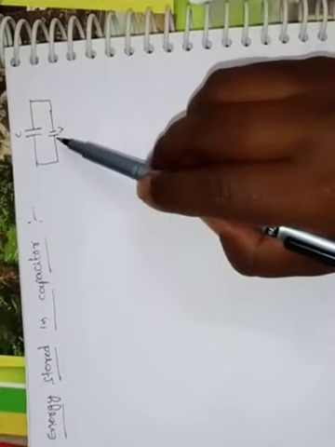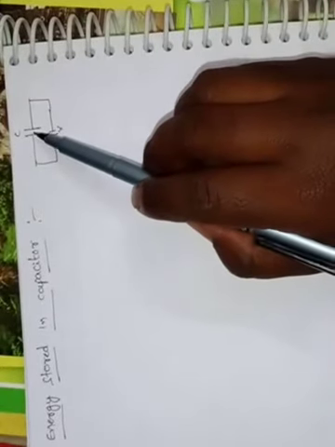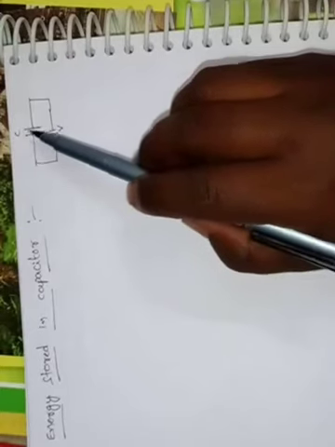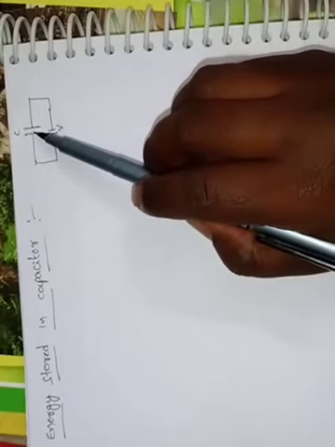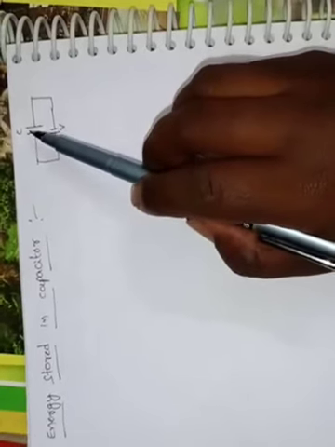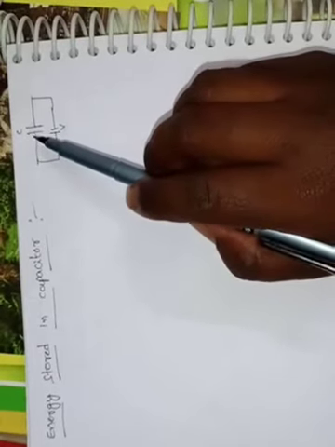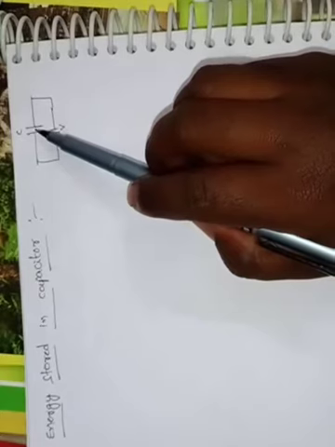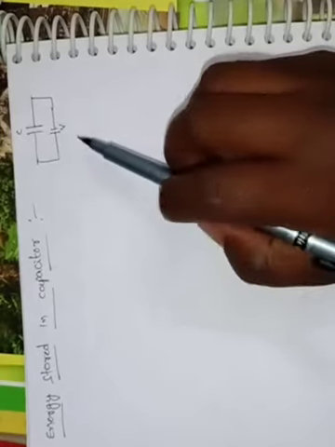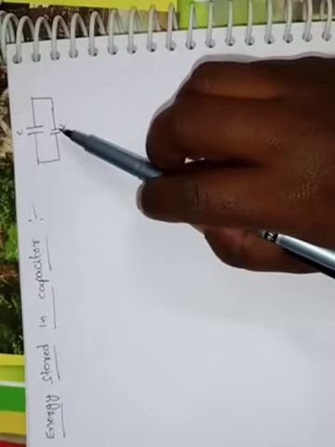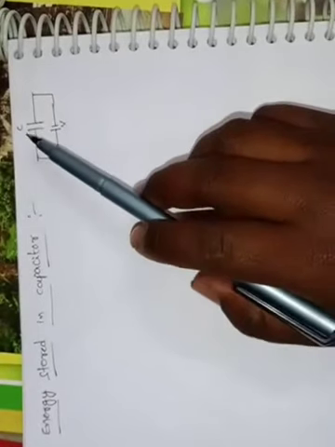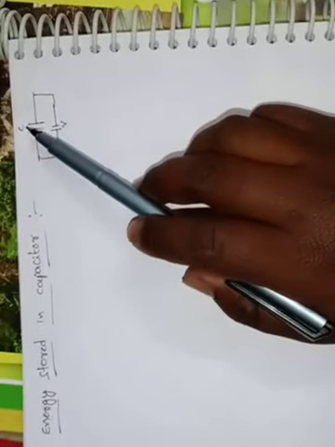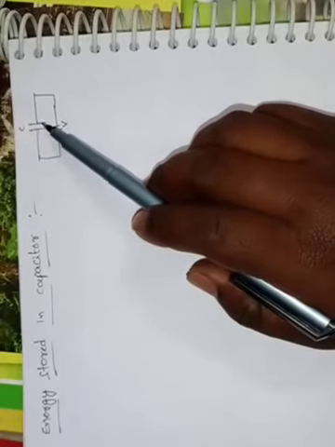Here we need to note down one more point: as long as the charge is continuously increasing on these two plates of the capacitor, the potential difference between these two plates also gets increased. So more and more work has to be done by the battery in delivering the charge to this capacitor, due to the continuously increasing potential difference across the capacitor. Whenever the battery is connected, work has to be done in charging the capacitor. That work is stored in the capacitor as electrical energy.